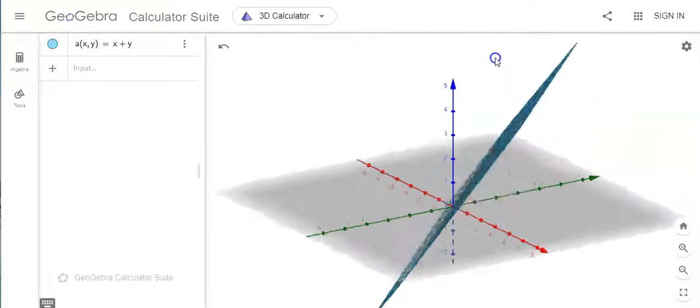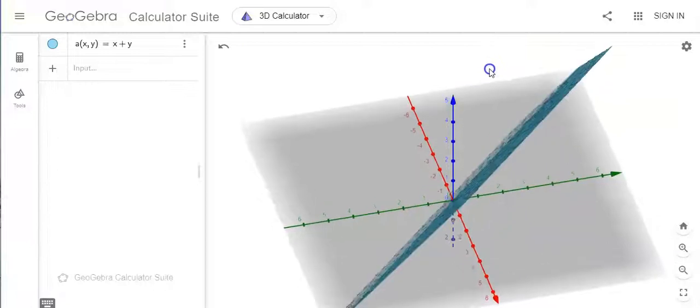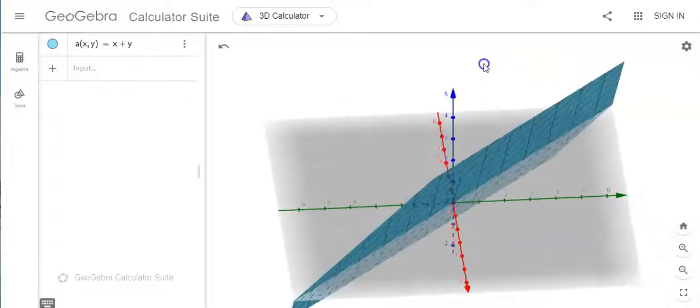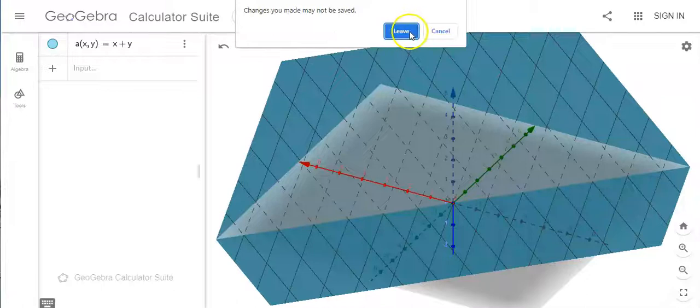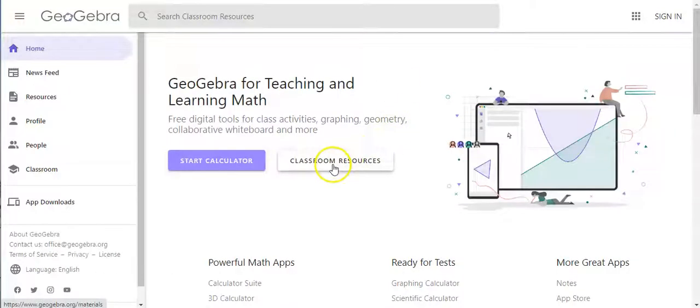And so what's really cool is you can also rotate it, and you can see it as a plane from the top, the side, and just different angles. So that's really nice. Like I said, that would have been nice when I was taking some of my other classes. So now we're going to go back to the main screen,